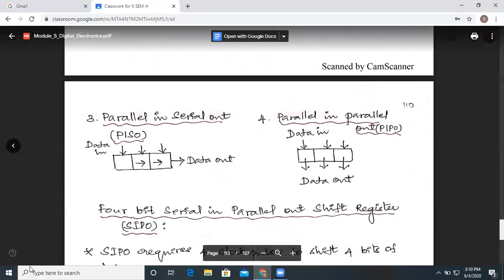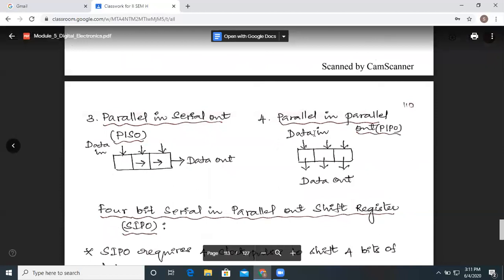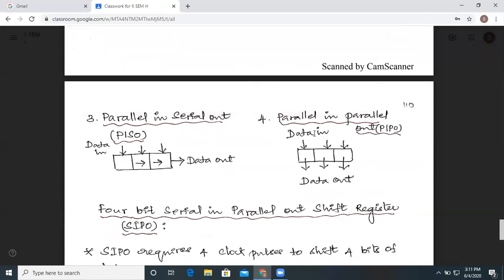So in one clock pulse, data is fed to the shift register. This is the direction of data that is fed, and the data is taken out serially. Serially in the sense that one bit after the other comes out of the shift register, and this is called parallel in, serial out, or in short, PISO. Now let us see the last one, which is the very efficient one, called the parallel